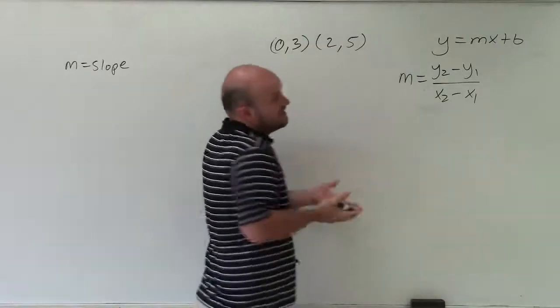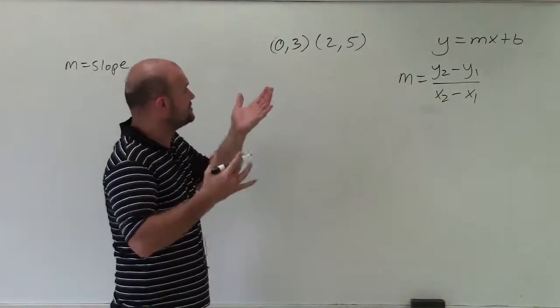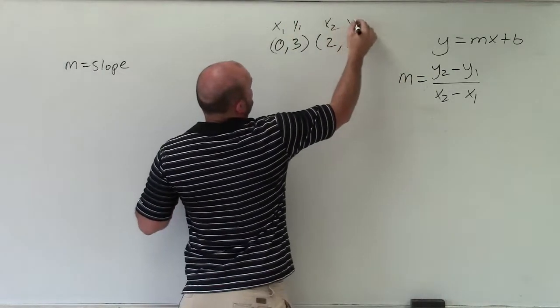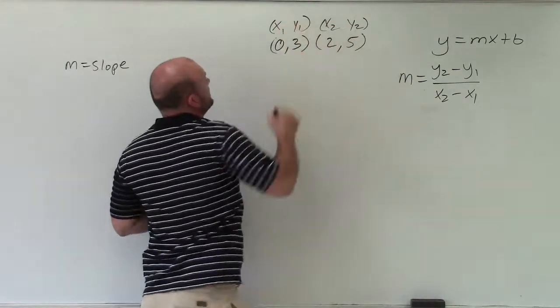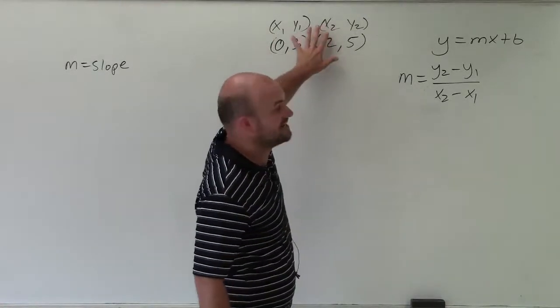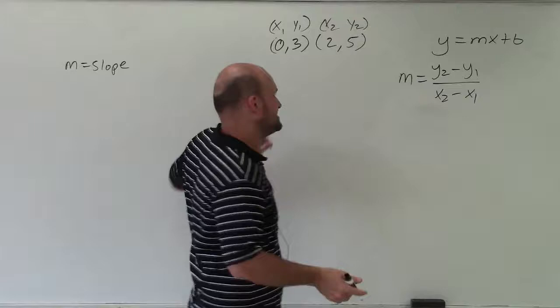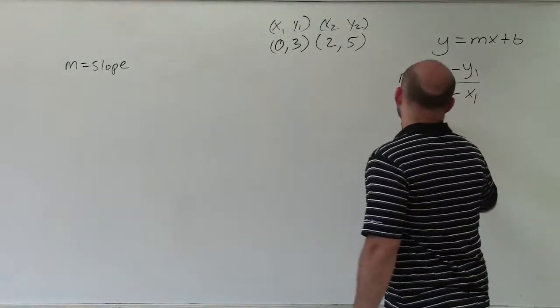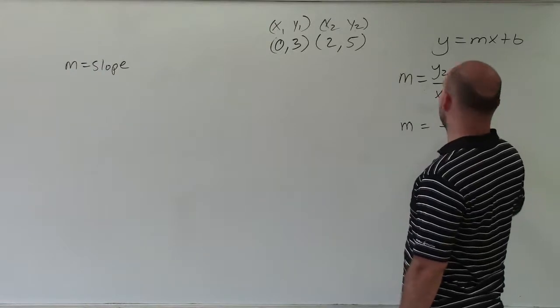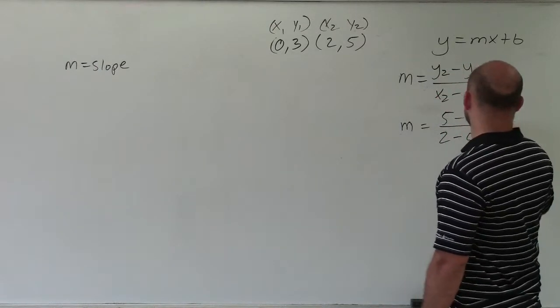So all I'm simply going to do is determine what are my x1, y1, x2, y2. If you want to do it another way, that's perfectly fine with me. Just make sure you have the x's with the x coordinates and the y's with the y coordinates, which is a common mistake. So m, in this case, equals 5 minus 3 divided by 2 minus 0,